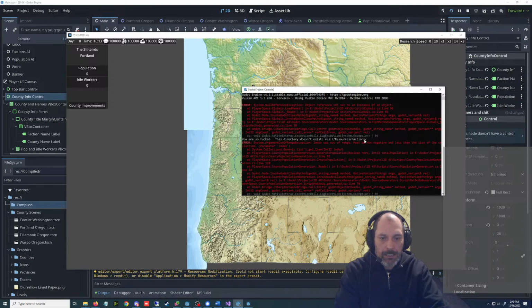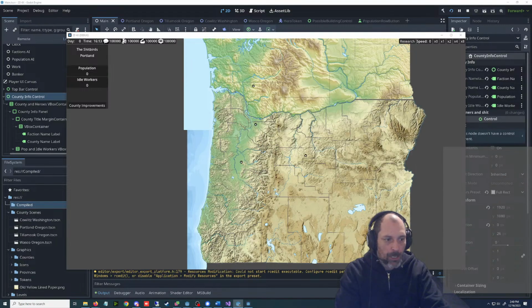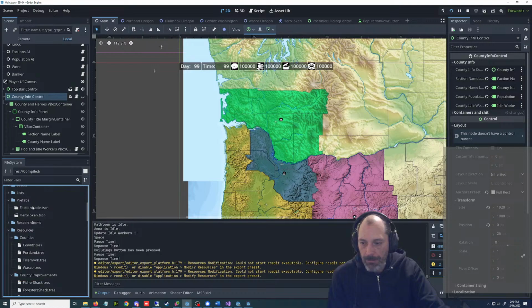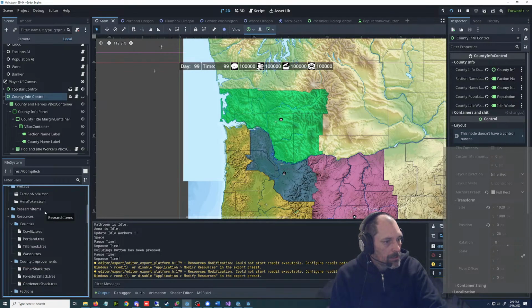You are so fucked. This directory doesn't exist. So it looks like the first problem we got is we need... I thought I prepared for this eventuality, but maybe I didn't. Resources factions.